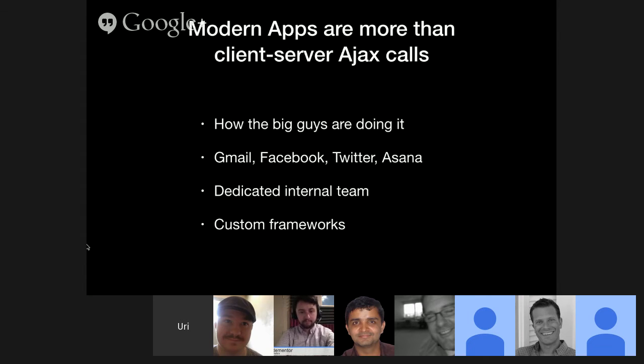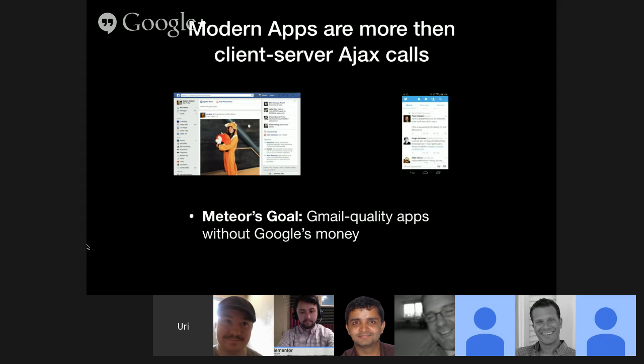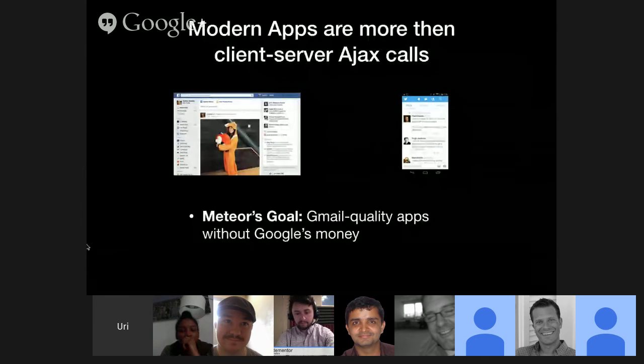I don't need to start integrating all kinds of local database solutions and decide what's best. They did that for me. That's their goal, I think. Meteor's goal is to let you write Gmail or Facebook quality apps with that architecture, but you don't need the money.